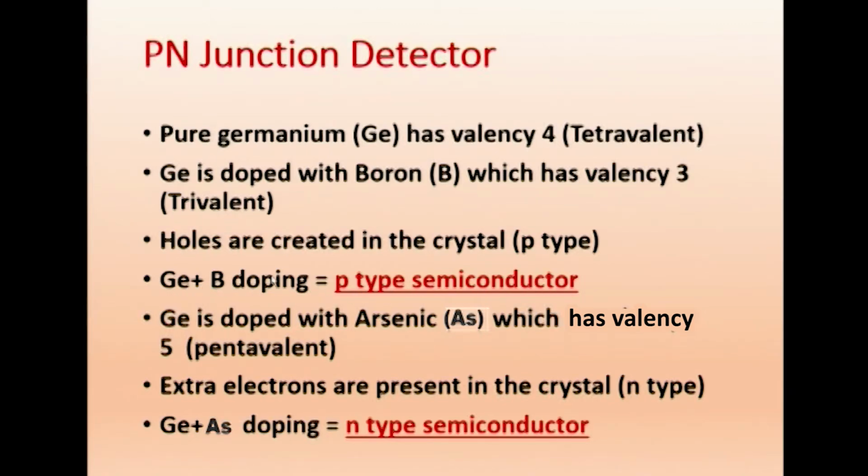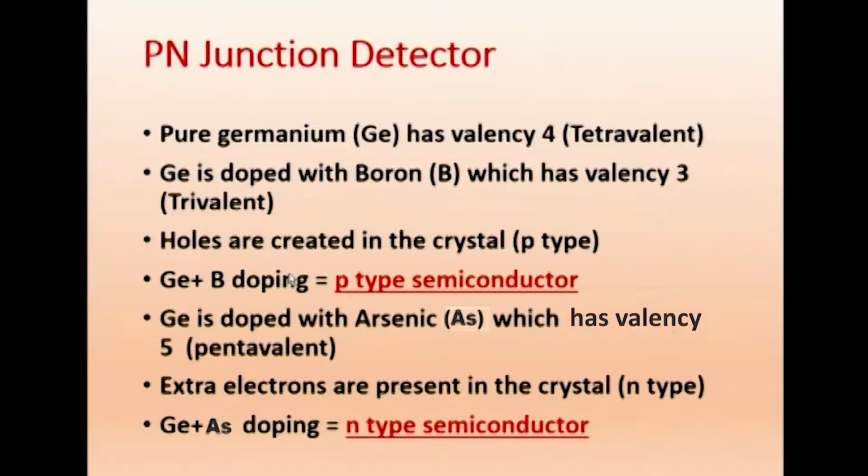p-type semiconductor. Now if we take germanium and don't dope anything, it is neither positive nor negative. When you dope it with B, it becomes p-type. The amount of doping makes it more and more p-type, more and more positive charge. It all depends on how much you are doping. If you dope a little, it will be p-type. If you dope too much, it will become like a conductor. It will not serve the purpose. So here doping is done at a small level. We get a p-type semiconductor.